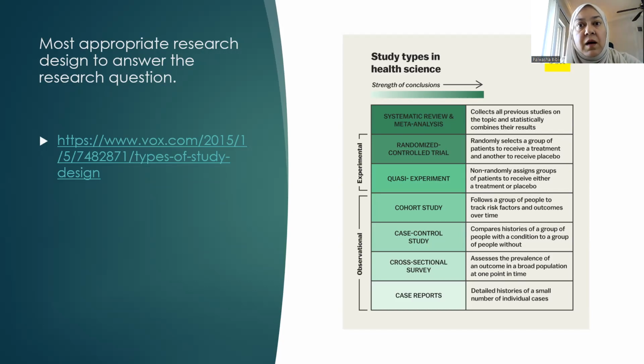We see a case, it is unusual, we see a side effect of a drug, we see something that we did not know before, and we report it in the literature. After that, after the case reports come actually case series. It says cross-sectional survey, but 7 or more case reports will make a case series. That means that the disease is now, you have seen maybe 7 cases of the same thing and you are reporting it. Then are the cross-sectional surveys, which are done at one point in time.